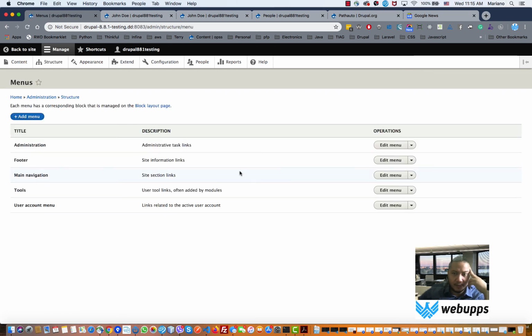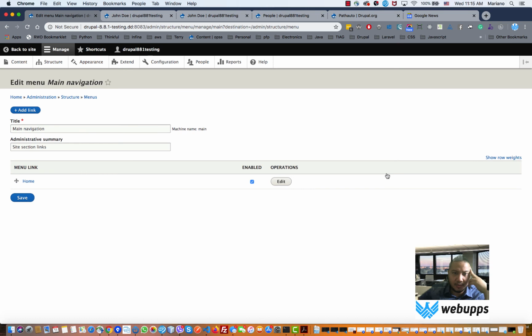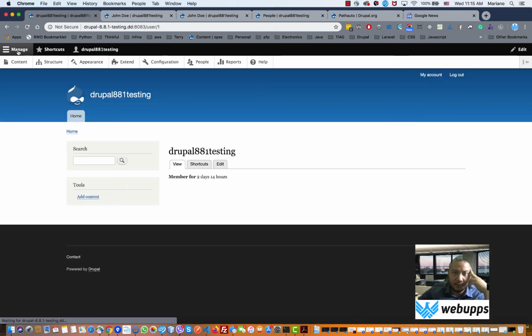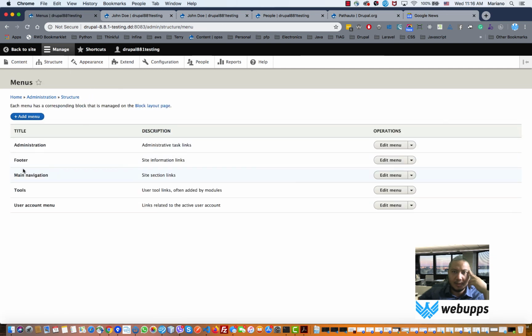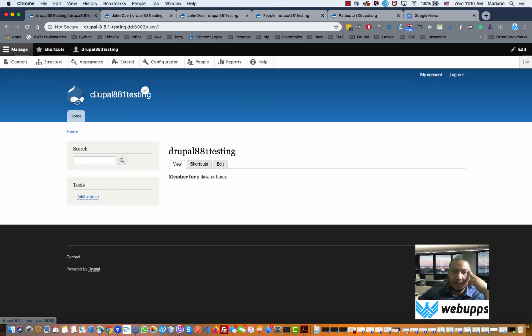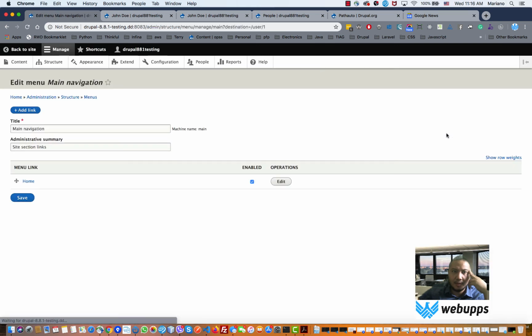So by default there is a main navigation. I normally leave it as home. So there's a home, right? There's a navigation, and there's a link in it. You can also go from here, edit menu, right? And this is what you have. So there's the user account menu. But if you go back to the site, this is, I think, the main menu. Yeah, main navigation, right? And you can add a link